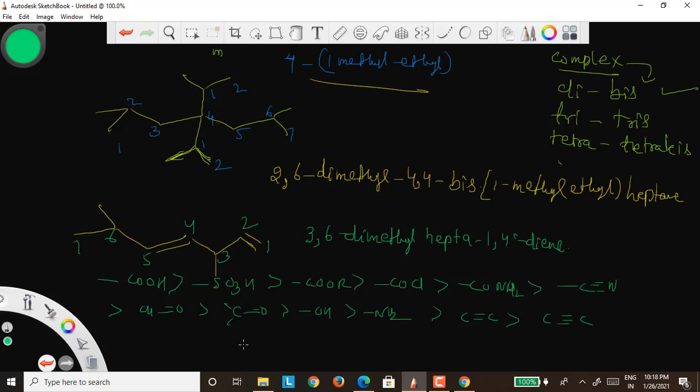तो ये फंक्शनल ग्रुप, अगर मल्टी फंक्शनल ग्रुप रहेगा कोई भी हाइड्रोकार्बन में, तो ऑर्डर ऑफ प्रायोरिटी फॉर नंबरिंग एंड सफिक्स प्रीफिक्स के लिए ये ऑर्डर ऑफ प्रायोरिटी होता है। इसको याद रख लो, दिस इज ऑर्डर ऑफ प्रायोरिटी ऑफ फंक्शनल ग्रुप।